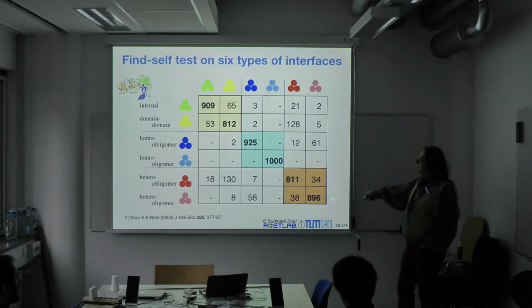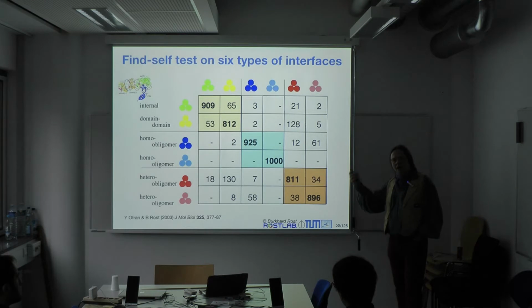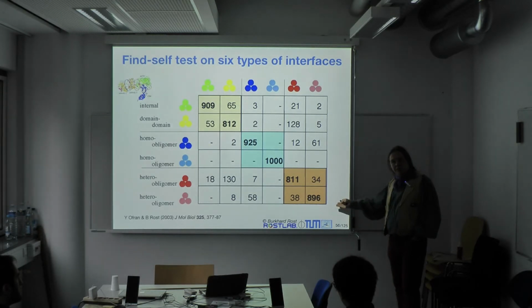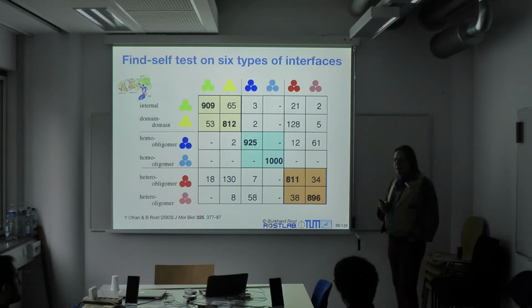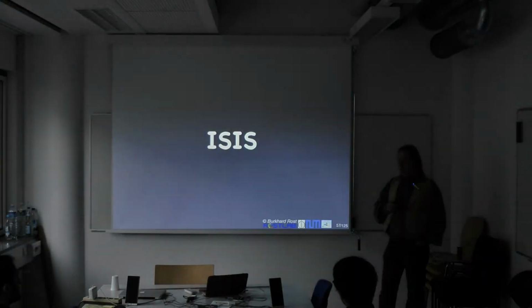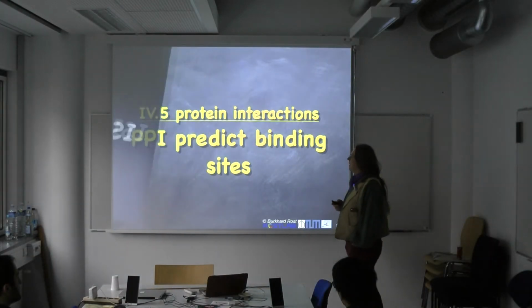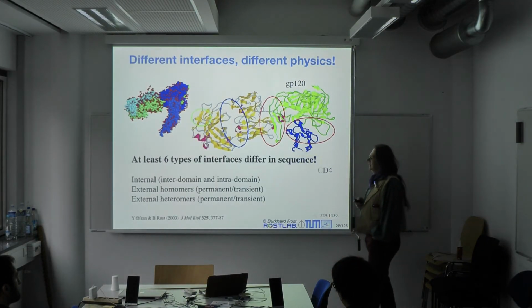And the first thing you observe is there's always the highest number in the diagonal. And that essentially tells you that on a large set, you can distinguish between them. That tells you that these interfaces really differ. Okay? Now, if they differ, we can develop a prediction method. And how would you do that? We would start with a data set